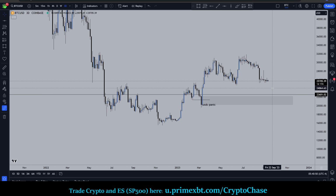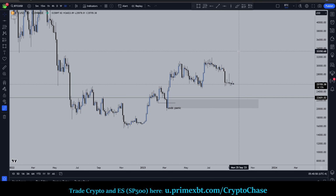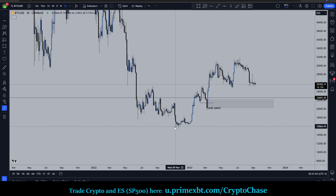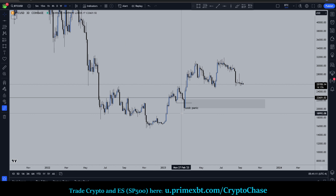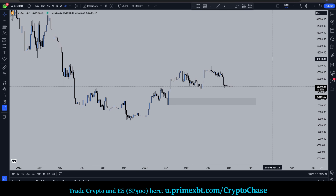Keep in mind that this is all very reliant on the ETF and whatnot. If the ETF gets approved, it's just going to plow through. If the ETF gets rejected, it's going to dump through. I'm fairly certain that we're going new lows if the ETF gets rejected. Okay, unfortunately, just a heavily news-based market at the moment, and that's it. Okay, so the two plans are